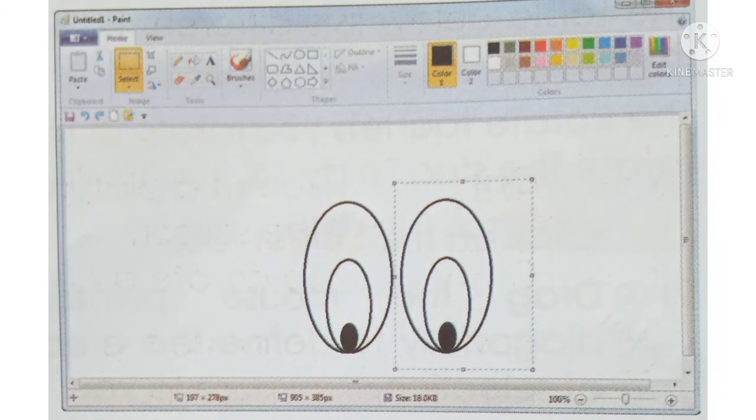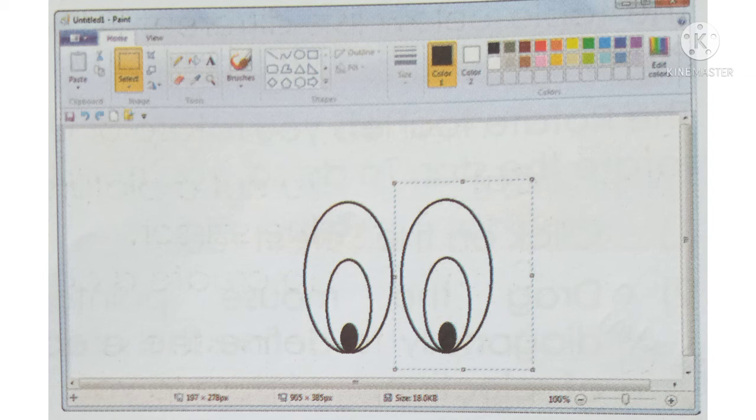To do this, number 1, use the select tool to select the area of the picture having the eye, as shown in the figure. Number 2, click on the copy option to copy the image. Number 3, then click on the paste option to paste the image.